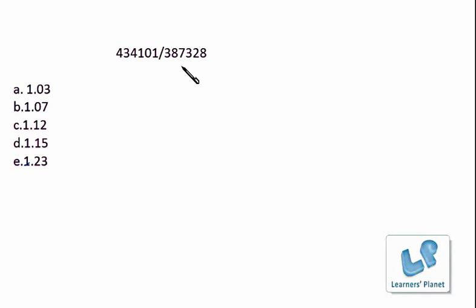So the percentage increase in the numerator and in the denominator is not the same, right? So you may arrive at the wrong answer because the options are quite close to each other. They are 1.03, 1.07, 1.12, 1.15 and 1.23, right? So if you get 4.5 by 4, it's 9 by 8. Both the expressions are approximated to the higher side, so you got this. Now what? You may arrive at the wrong answer.